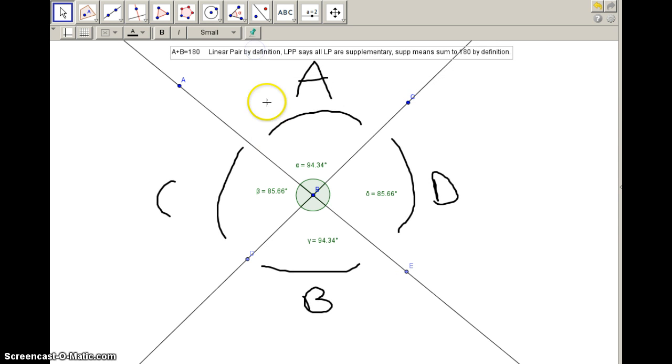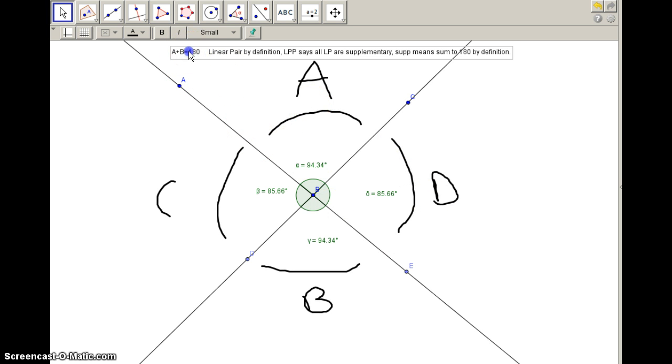Think about that for a minute. A plus B is a linear pair by definition. Why? Because their non-adjacent sides are opposite rays. And the linear pair postulate says that all linear pairs are supplementary, right? And supplementary means that their angle measures sum to 180 degrees by the definition of supplementary angles, okay? So we can conclude that A plus B,